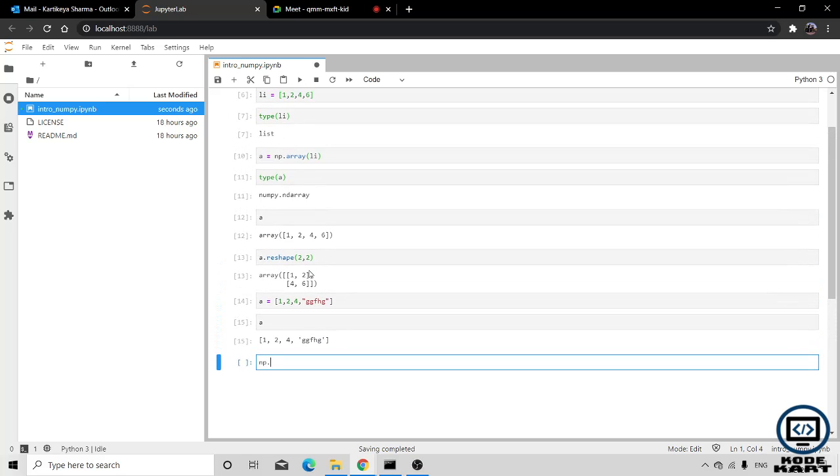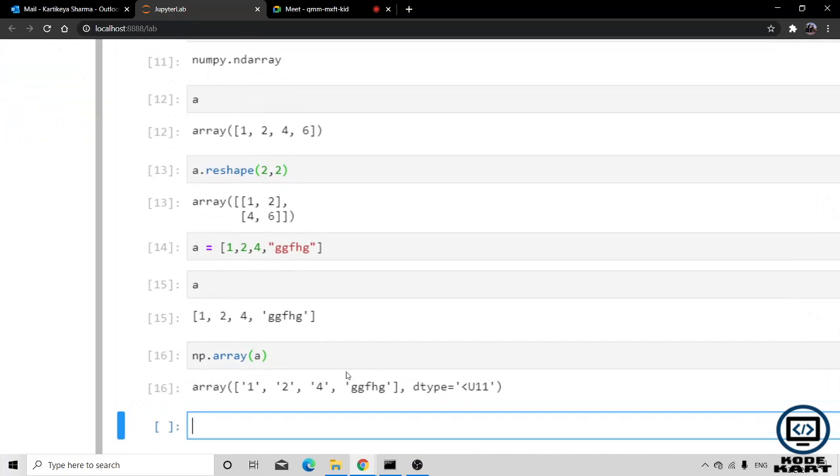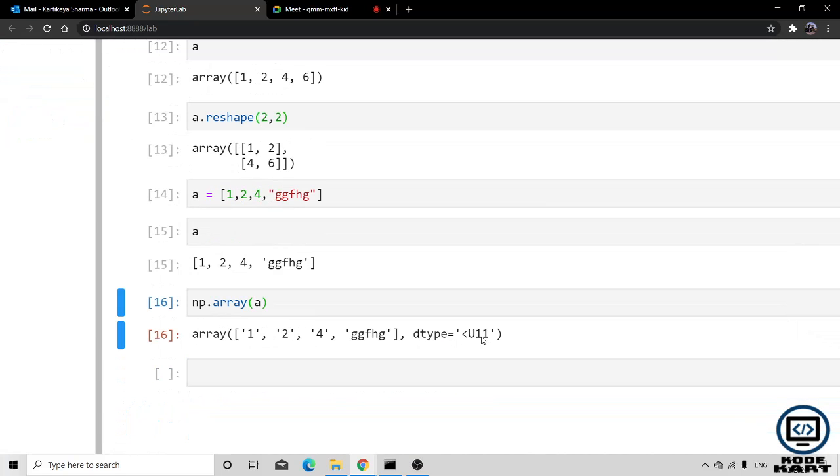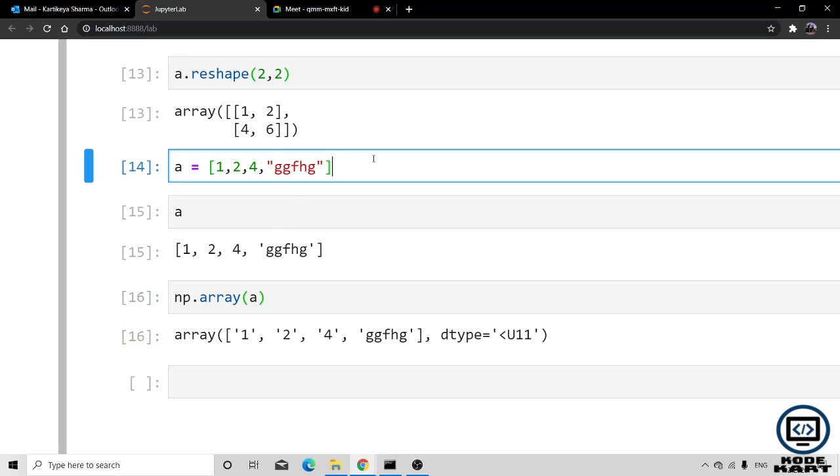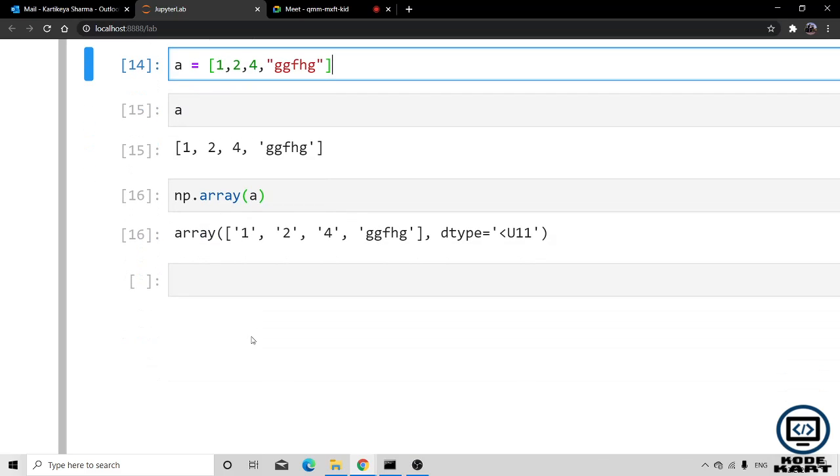If we pass this list to np.array, you can see that its data type has changed, and all the elements that were integers in that list are now acting as strings in the NumPy array. The data types have been changed by NumPy, because the list has a property that it can take heterogeneous data, but NumPy is a type of array. It only takes homogeneous data, so it converts the data type of all the elements into a single data type.